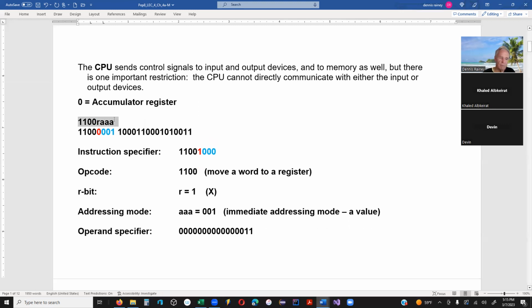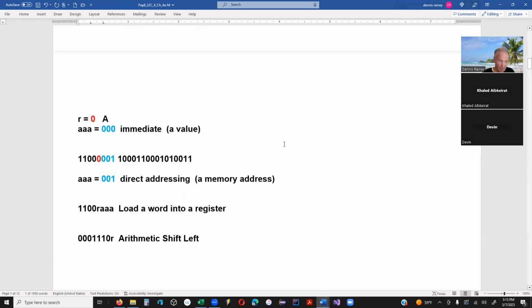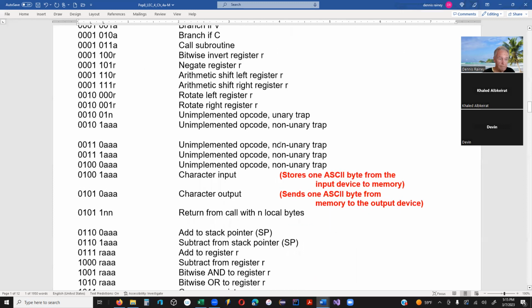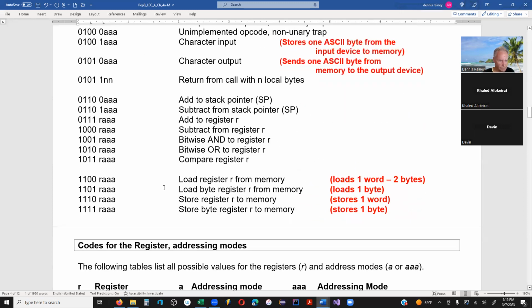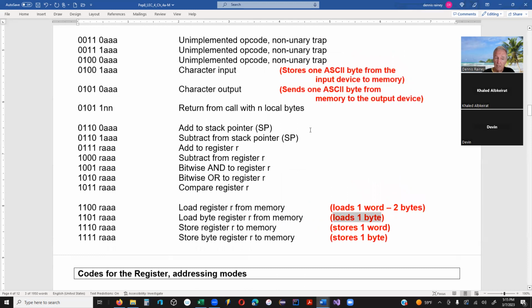So this is how it shows up in the instruction set in Pep8, right? Here it is right here. Load into a register from memory. It's one word. You can actually load 1 byte, by the way. To load a byte,